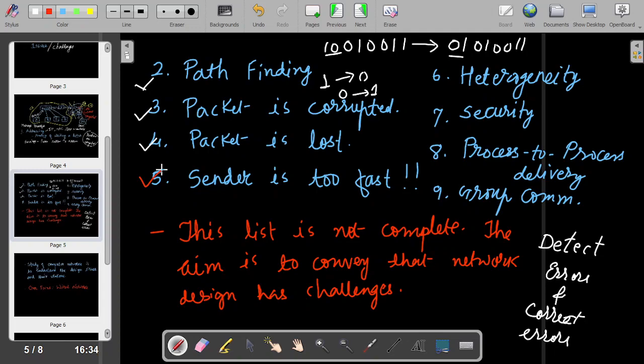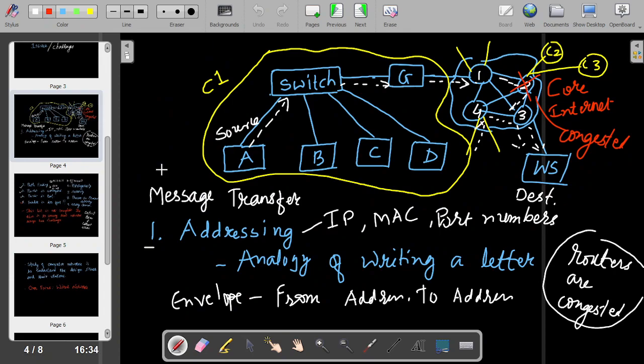Let us take an example that source A is transmitting packets to destination WS. The internet is not congested, routers are free, and the source is transmitting packets at a very high speed to this destination. This destination may be receiving packets from many other sources. And if all of them transmit to this destination at a very fast speed, this destination soon will be